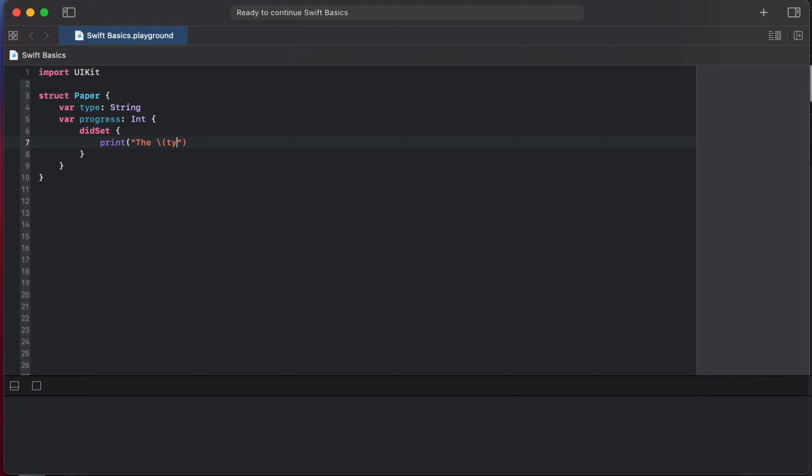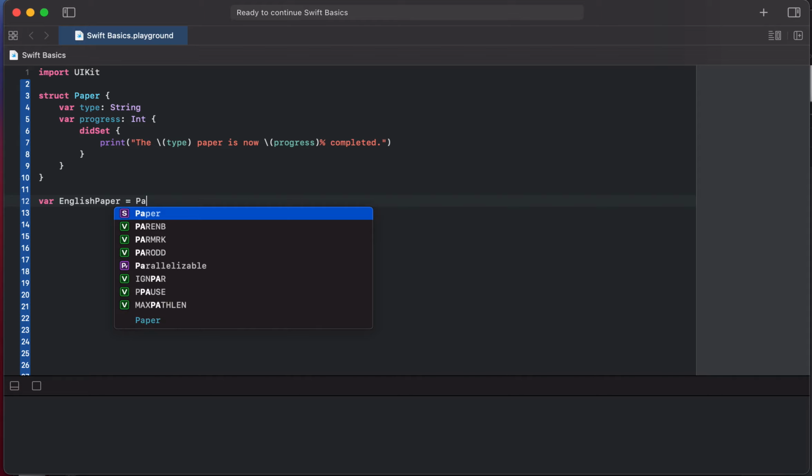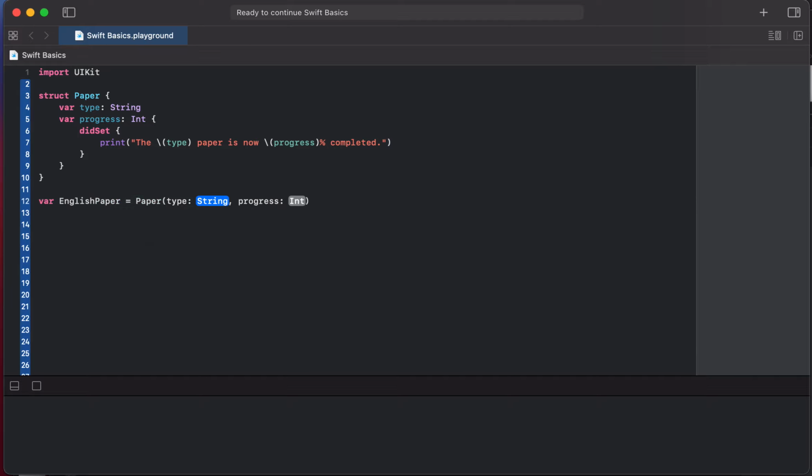There's willSet, which runs code prior to a property changing, and there's didSet, which will run it afterwards. So in our example here, we have a struct paper, and we have our var type string, and then var progress int. So every time progress is changed, the didSet will run. So then I'll say print the paper is now whatever percent of progress we've now set it to